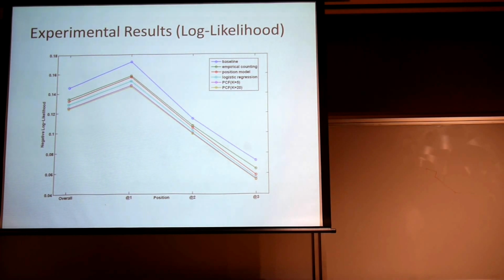The baseline here is another very trivial method: it just predicts every CTR in the testing set by the average CTR of the training set. You can see that it is much worse than the other methods we have mentioned. Both of these experiments show that our proposed approach is effective, and their results are consistent. So that's all.